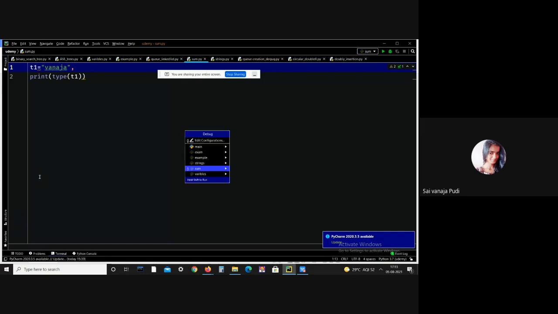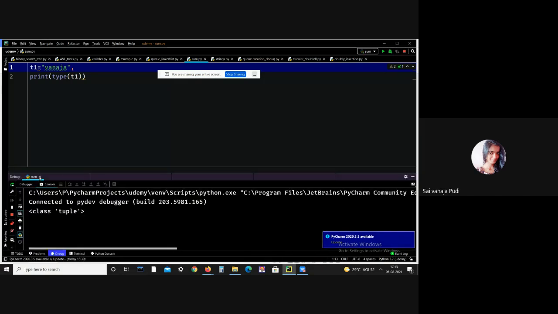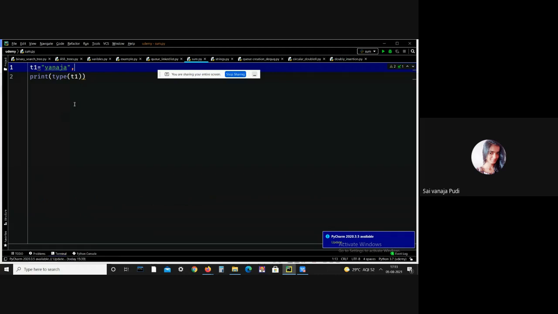See, we got the output, that is tuple. Generally, if you provide a single element or single character, it will be treated as a string. But if you put a comma after that element, then it will be treated as a tuple. This is the difference between a tuple and a string. You can even use closed parentheses. Okay, this is all about creating a tuple.